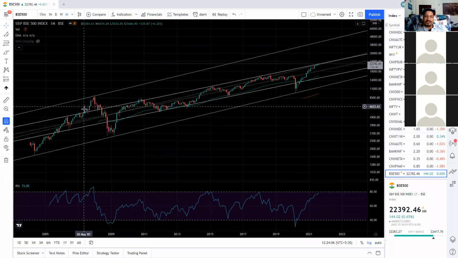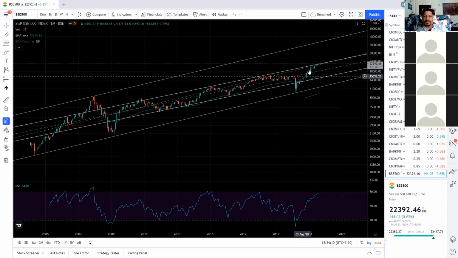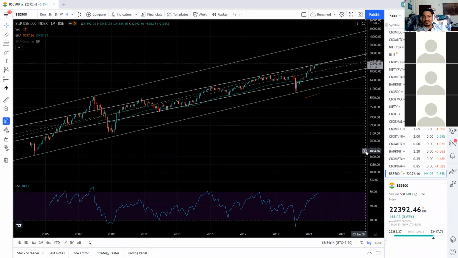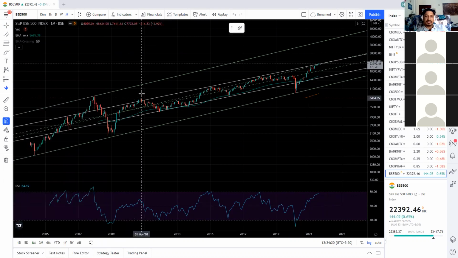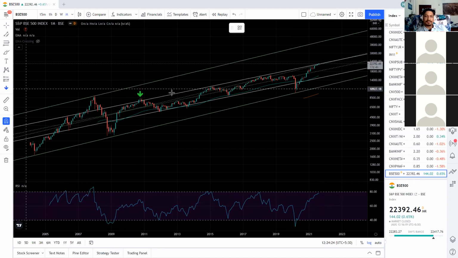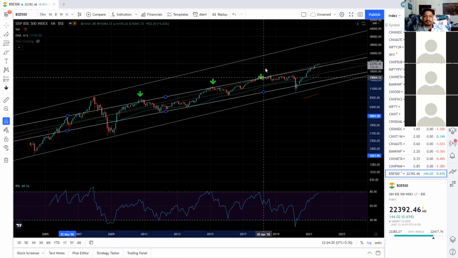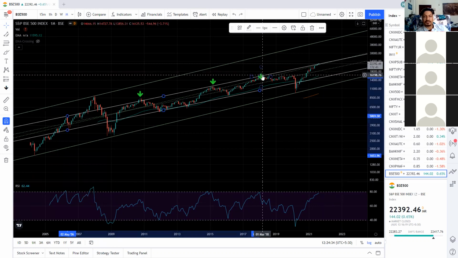If you leave the extreme ends here, this is a normal picture. In the normal picture right now, what is the possibility? What happened all the previous times when the market touched this normal point? Anyone like to answer?